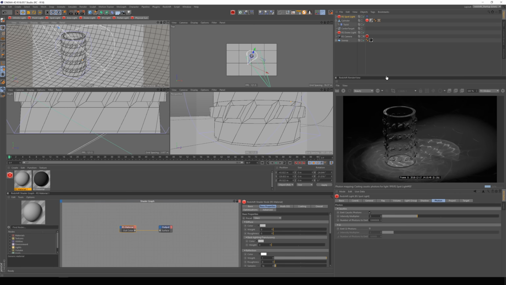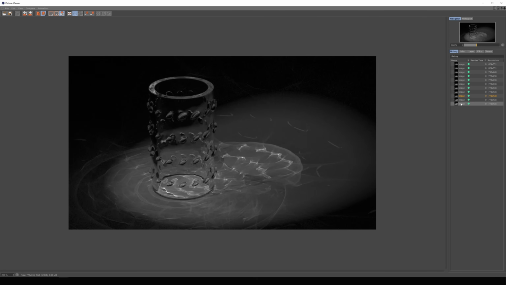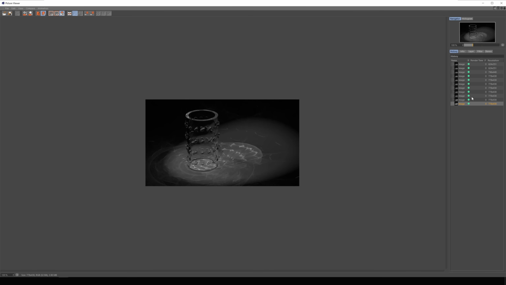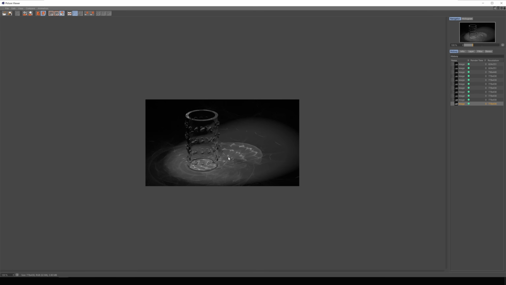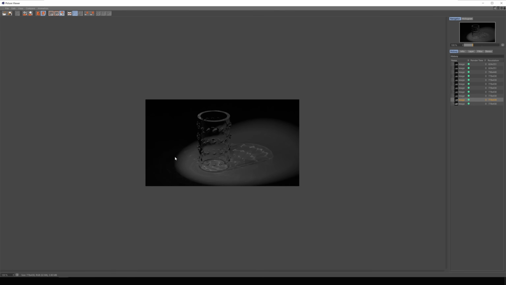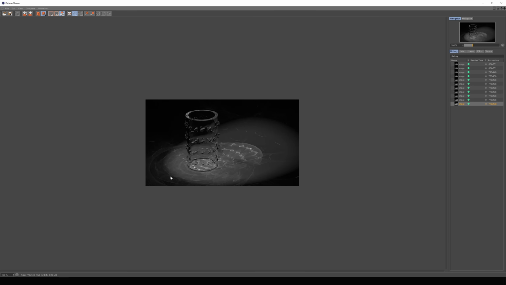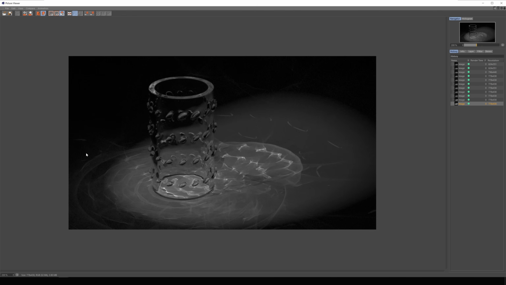Okay, so 30 seconds for that render. Big difference. We can see here, increasing the intensity multiplier made this brighter, but it also brought these other very minor, subtle little caustic patterns up a lot brighter, which also increased the noise. So we can now see a lot more graininess than we did before. That's kind of the downside to cranking this up. You're cranking the gain on all of this stuff, and so you're going to get more of this